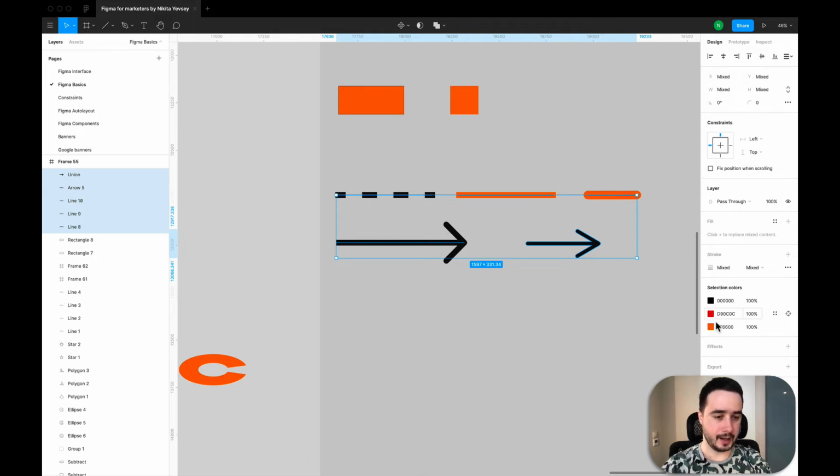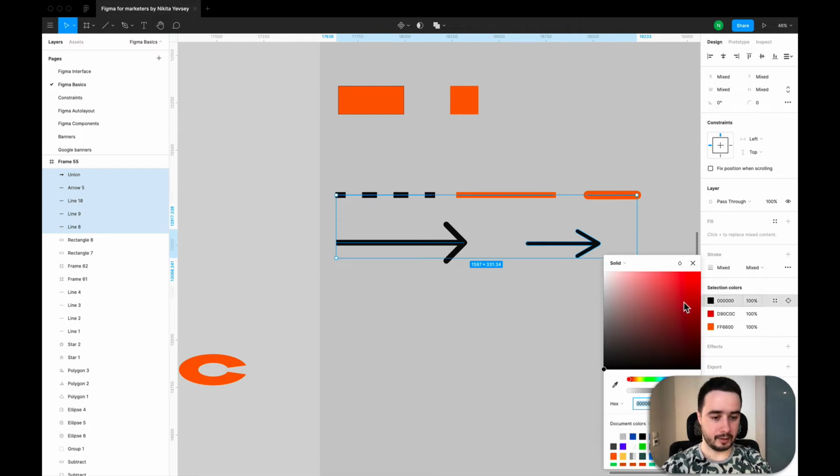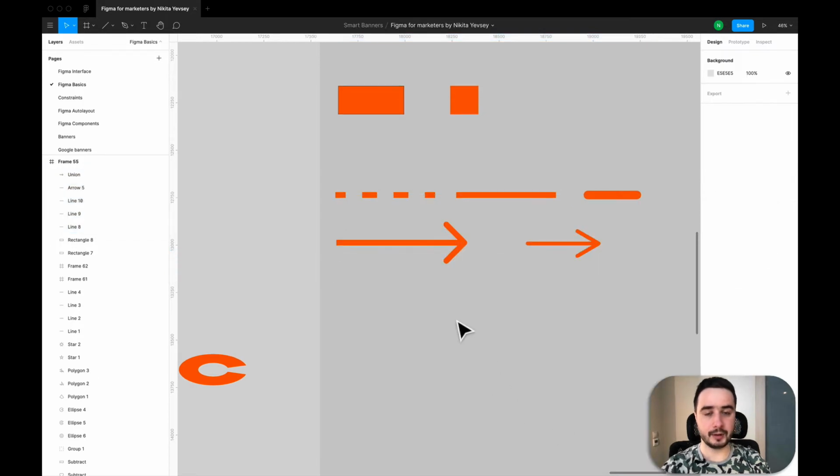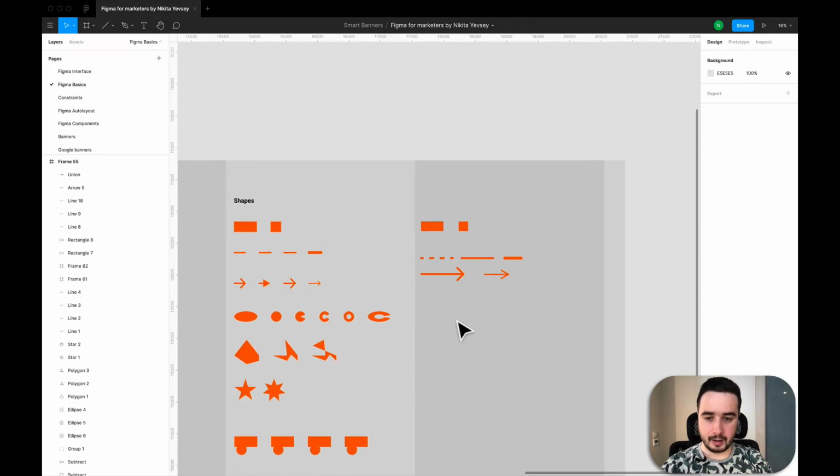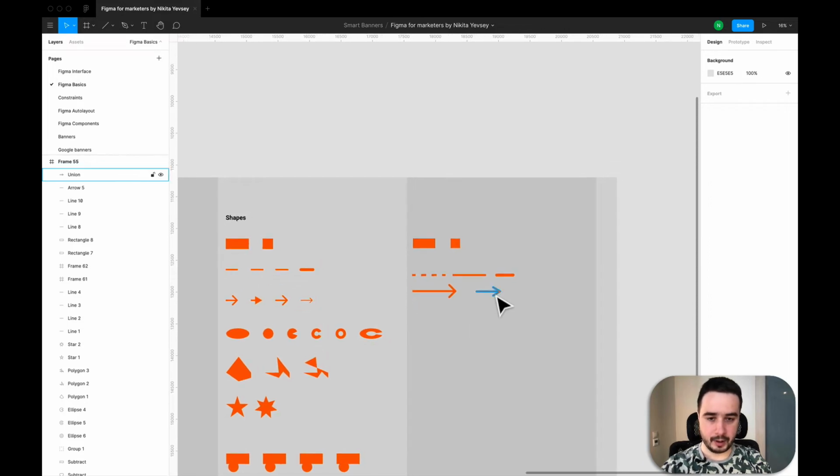That's why I see it here and I don't see it on the canvas. But if I want to turn all black objects into orange, obviously I have to select this color and change it to our orange one. Yes, and now they're the same. I think we are done with arrows,